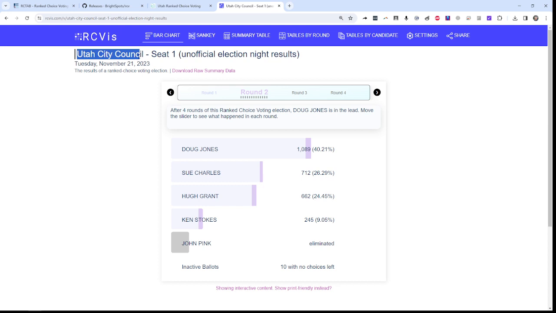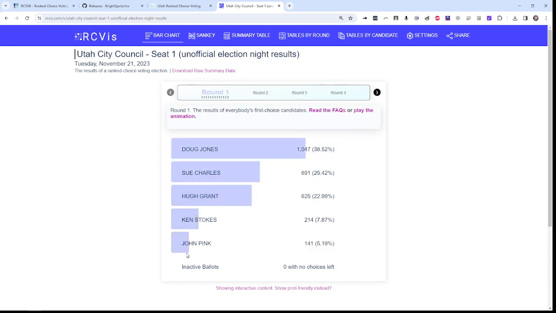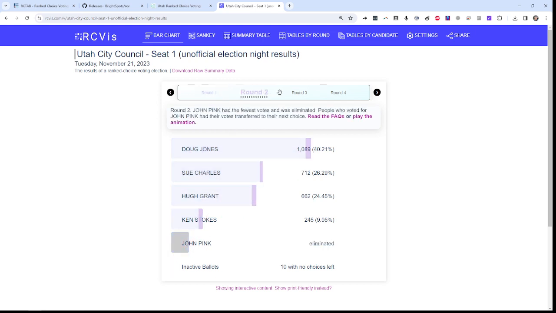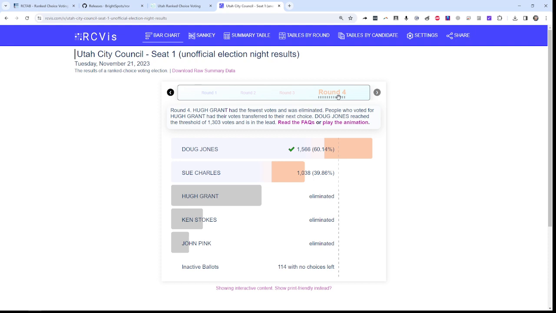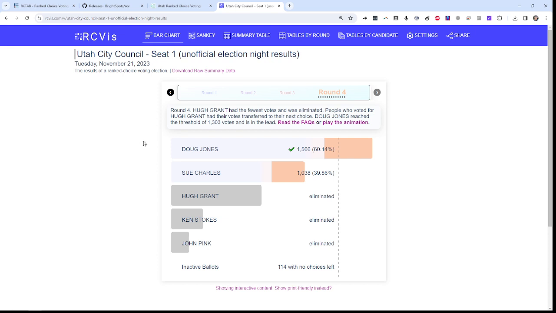Here we go. Utah City Council. Here's the part that I edited, seat 1, unofficial election night results. Here we see the results, and you can see round by round results. John Pink comes in last. Ken Stokes carries on after John is eliminated. Ken is eliminated. Hugh carries on. Eventually, it comes down to Doug and Sue, and Doug wins with 60% of the vote. So that's from beginning to end how to use RCTab to tabulate results for 2 or 3 or multiple seats